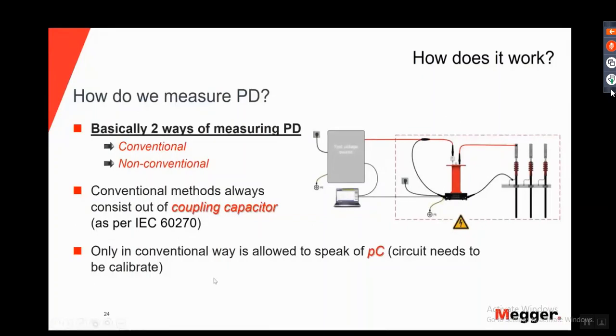Only when we work in the conventional way is it allowed to speak of picocoulombs. We will see in the next slides that we measure partial discharge, and the unit is the coulomb, and we measure very small quantities of charge. For this reason, we measure in picocoulombs, at best nanocoulombs. But only in the conventional way we need to calibrate the